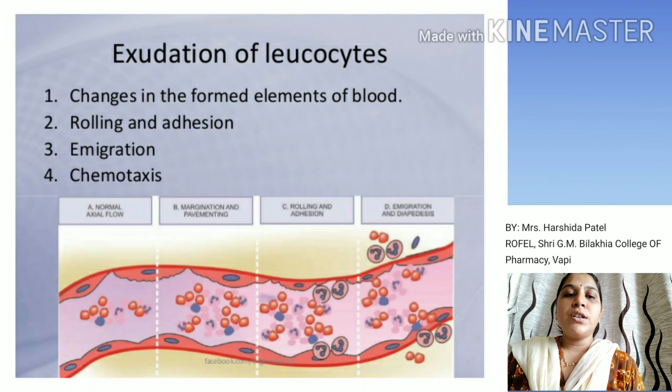The first frame is showing the normal blood flow. In normal blood flow, you can see that mainly the cellular components, meaning red blood cells, leukocytes, and neutrophils, are in the central stream, while the periphery is a free layer of plasma in which no cells are there, only plasma, and that is close to the vessel wall.